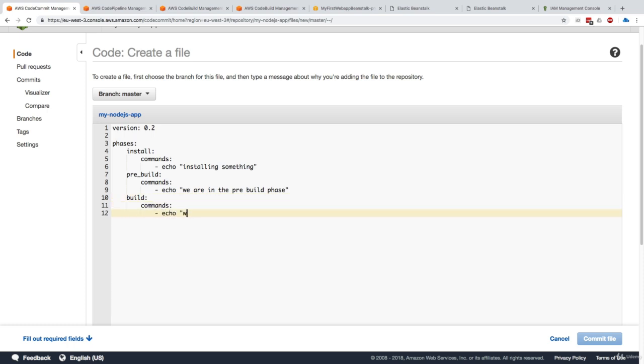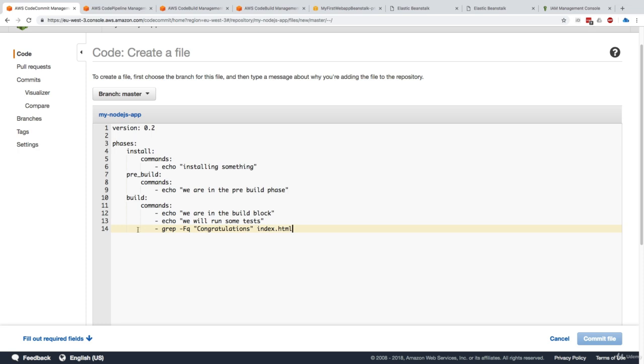Here we say we are in the build block, and then the actual test that I want to run. We'll say here we will run some tests. The test I want to run is a little bit of a tricky command, and that's okay. It's just something I had to research online, but I'll type grep -q congratulations index.html.